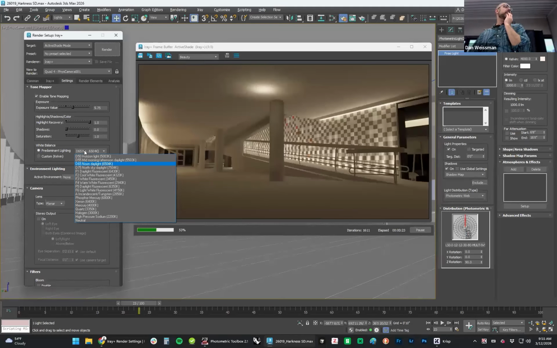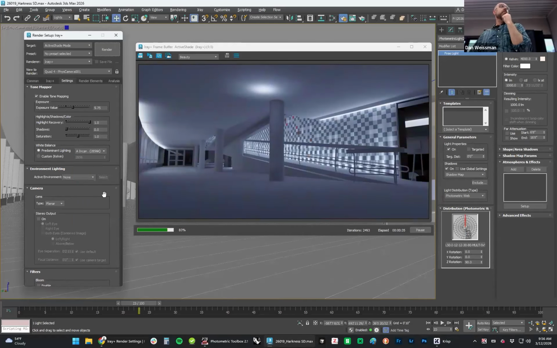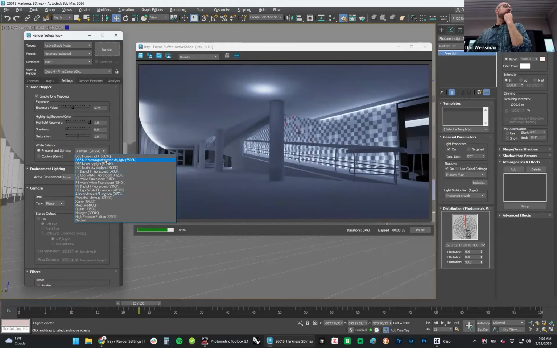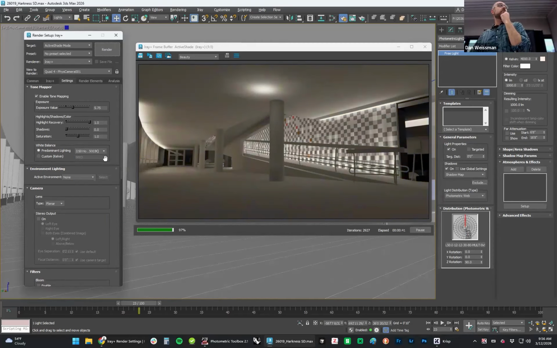But if I make this more realistic to what the actual space is, well, now that's gone a bit over the top. Sometimes I will drop it to 5,000, which to me looks a little more realistic. But yeah,